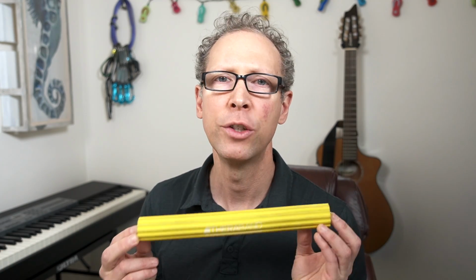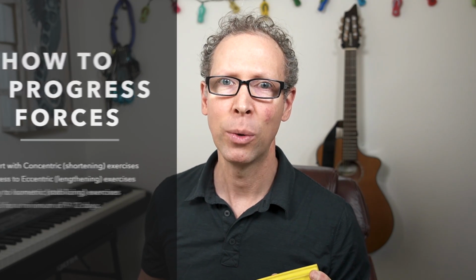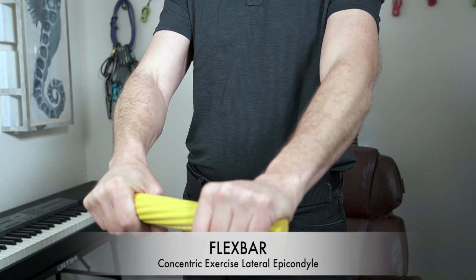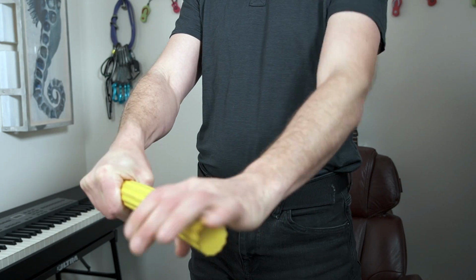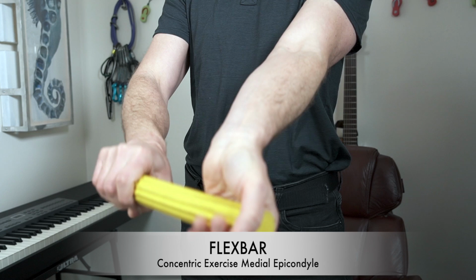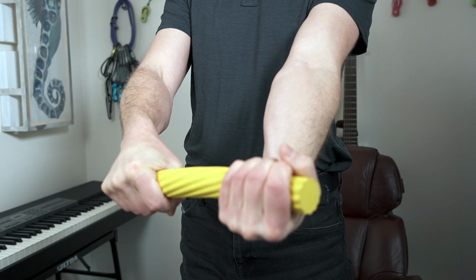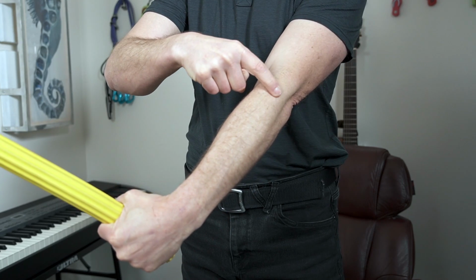So the Flexbar is a very common tool for treating elbow tendinitis or tendinosis. And in our case, we are going to progress from a concentric shortening exercise to an eccentric to an isometric, which is what we do when we climb. So here's how we use the Flexbar for that. If I have pain here, if I have pain here, for this,